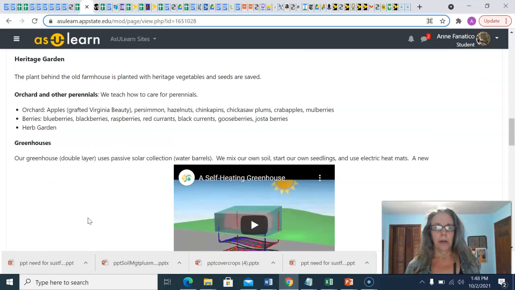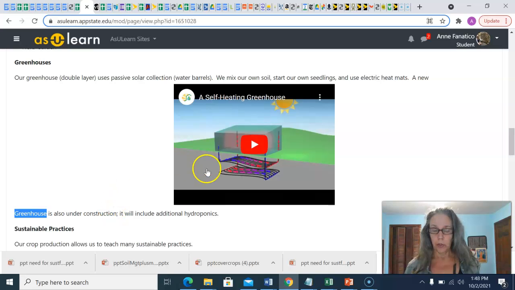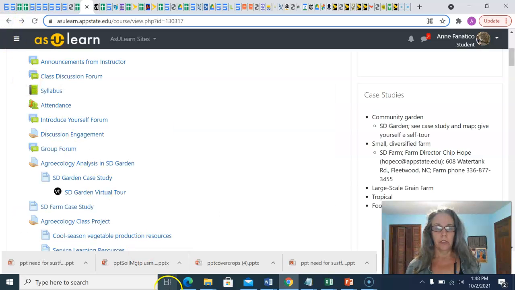Again, have an idea about how the new greenhouse at the farm that's being built right now, the new greenhouse under construction actually, stores heat from the sun in the soil. So these are examples of things that you need to know about